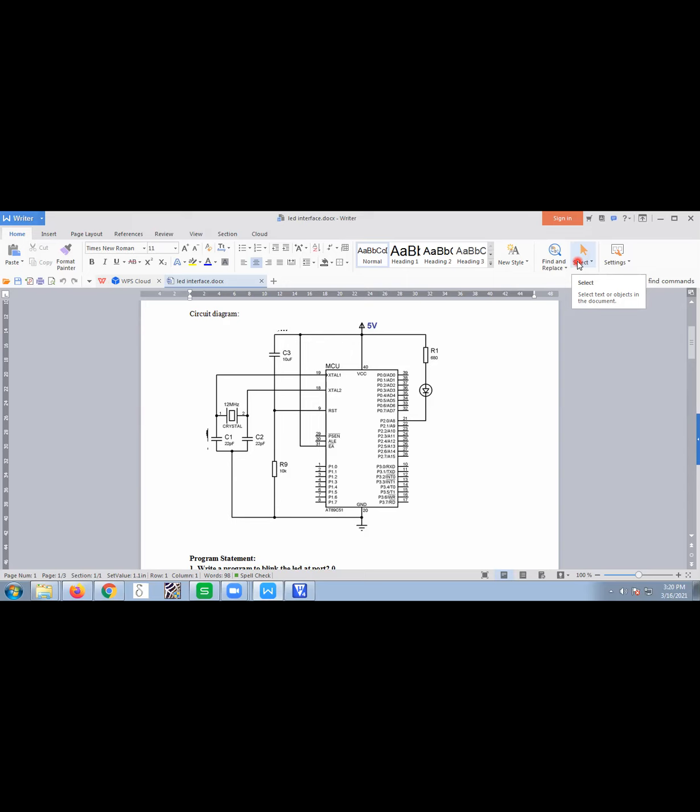We also see that the external access enable bar is connected to VCC. This pin is activated when it is low, but since we are connecting it to the VCC, that means we are inactivating it. This pin basically enables the external access, but in our requirement, we are disabling it because we are going to use the internal ROM, or sorry, EEPROM memory inside the microcontroller. So that is how we have disabled this. A crystal is connected over here at a proper crystal frequency to run the microcontroller.